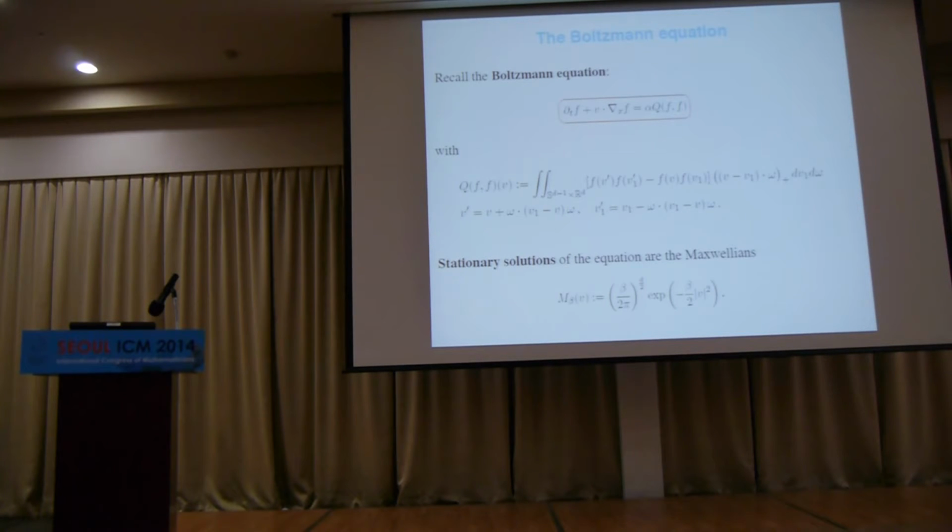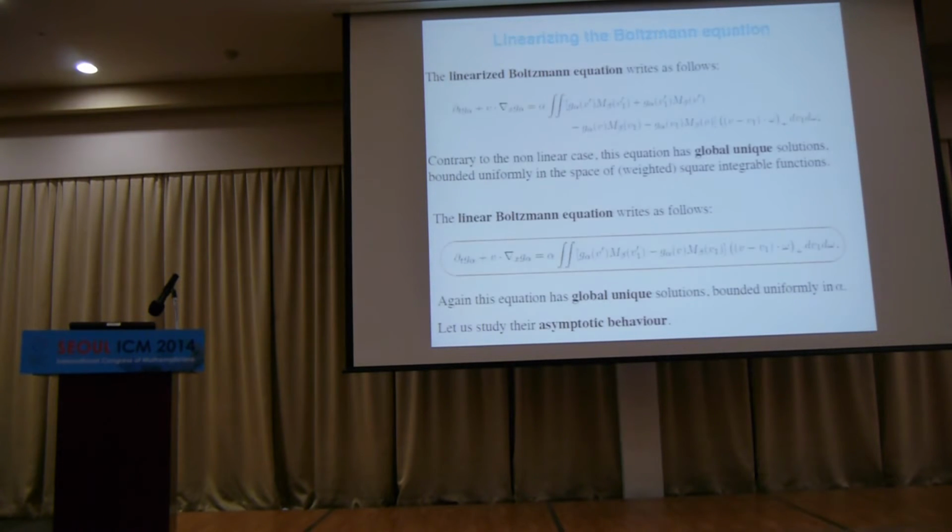Okay, and I'm going to look at this equation and linearize it around stationary solutions. Let's see what happens. So if you do that, you just say f is equal to this m plus a g. Right, all m times m terms cancel because I cancel out the collision kernel. And then I cancel out all g times g terms because I'm looking at the linear equation. Okay, so the two ff minus ff terms become 4 terms. Okay, that's just linearizing. And this is known to be the linearized Boltzmann equation. It's just its name, and we know why. This equation has global unique solutions, at least in a good function space like L2 functions.